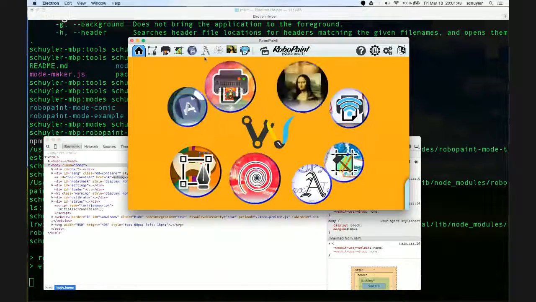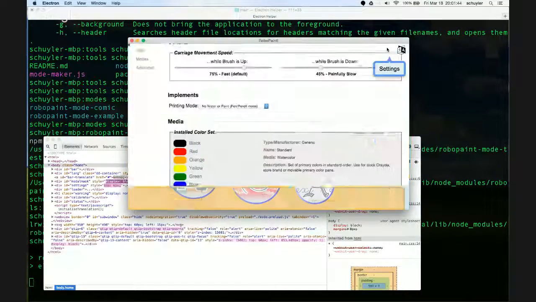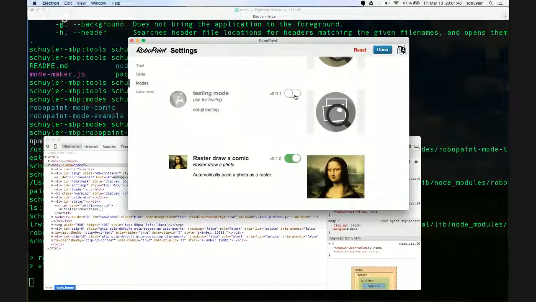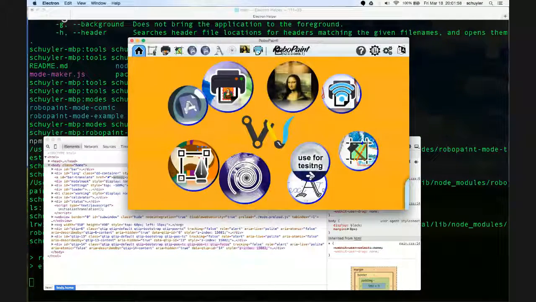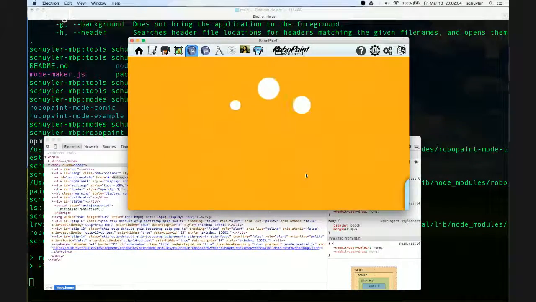If we look, this is RoboPaint mode test. Wait, hang on. Is there a limit to how many? Oh, actually, before you can use the mode, you need to go into Settings, Modes, and enable it. So you can see the text that we added, the mode name, the use text, and the detail text here. And now we can go, hey, look, it's cluttered because there are too many modes. If we go into our new mode we just made,